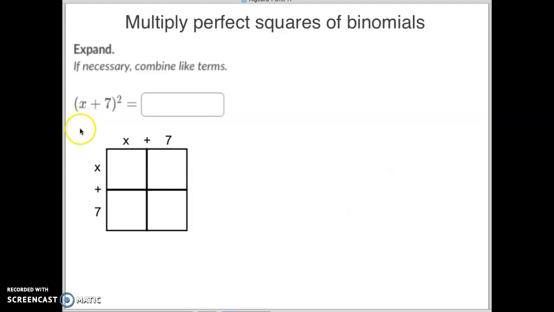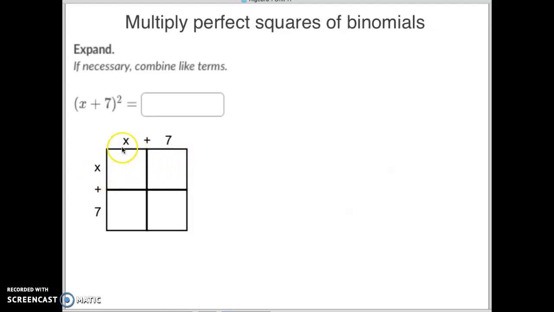Okay, so the first one here, I'm just going to multiply this through. First of all, you should know that x plus 7 squared is the same as x plus 7 times x plus 7. It's just x plus 7 times itself. So that is why I have x plus 7 here and another x plus 7 here. Now, as we multiply through this in the generic